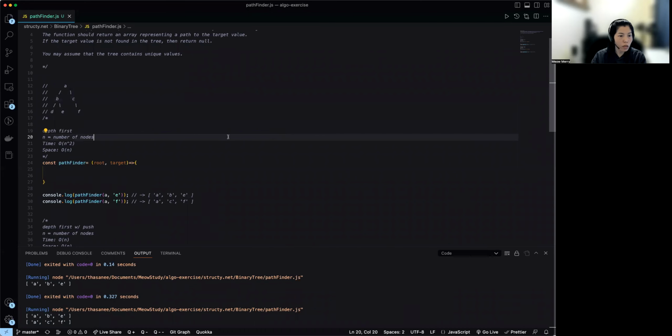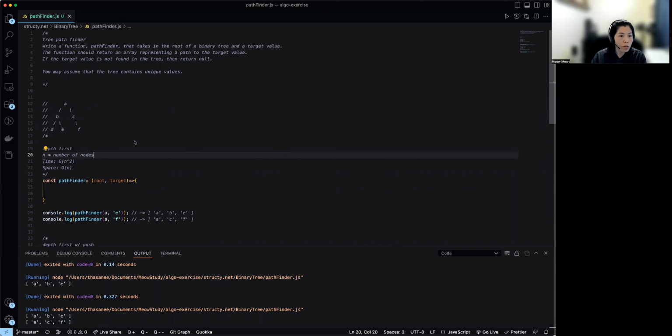Okay, today we're going to solve a problem with the binary tree data structure. So this is the problem here. Let's read the prompt. Tree pathfinder. Write a function